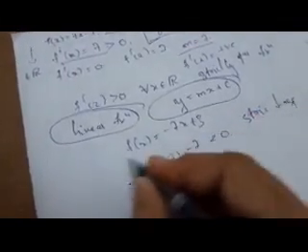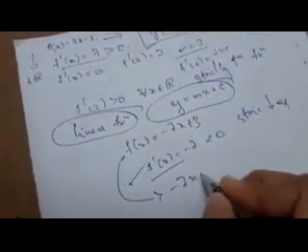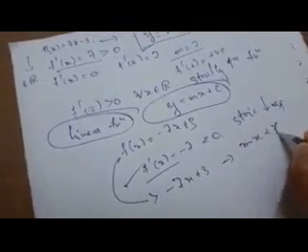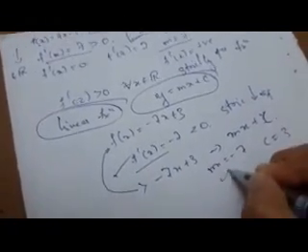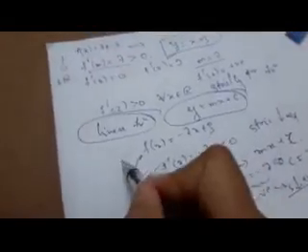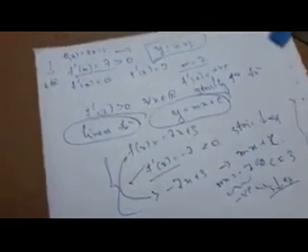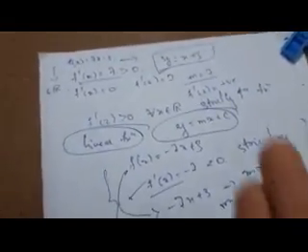Along with this idea, you can also say that f of x is equal to minus 7x plus 3 is in the form of mx plus c, where the value of m is equal to minus 7 and c is equal to 3. Your slope is negative. When the slope is negative, the function is decreasing. Since it is strictly less than 0, it is a strictly decreasing function. So this is how we are going to deal with it. In the two concepts I have explained how we can say whether the function is strictly increasing or strictly decreasing when the questions are asked in this type.